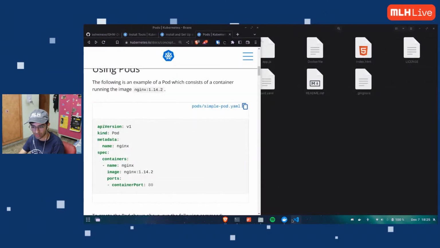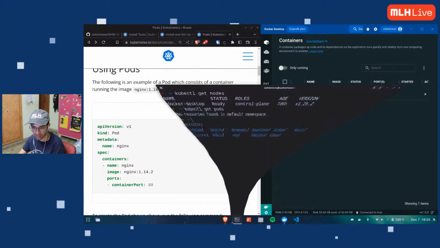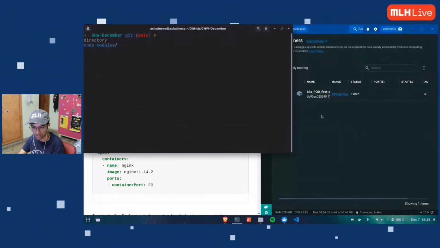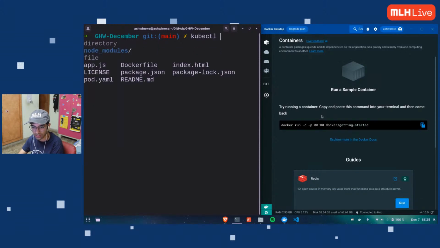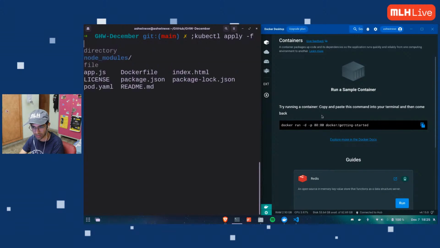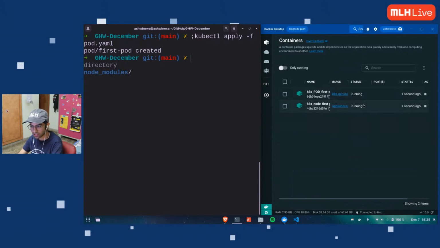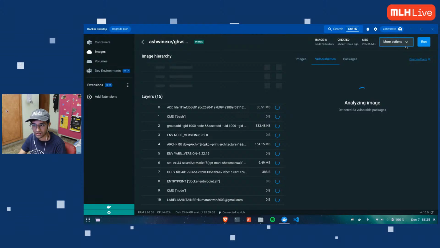Let me just show you graphically. I don't even need split screen, I can just use my terminal. I love using the terminal. It just looks nice. Just zoom it for you. kubectl, oops, wait. Oh yeah. So kubectl apply -f, my file was pod.yaml. Created, and there you go. I have one of my nodes running, and in that, the file name, if you see, ashwini.exe/ghw. So my file is running.